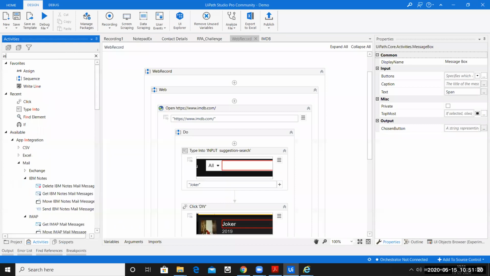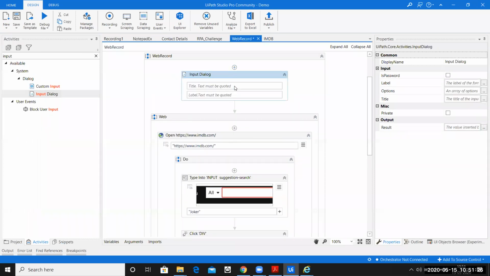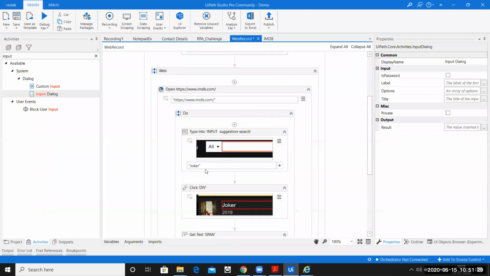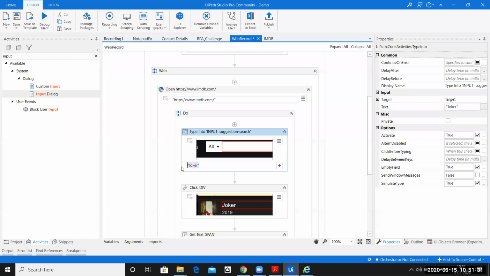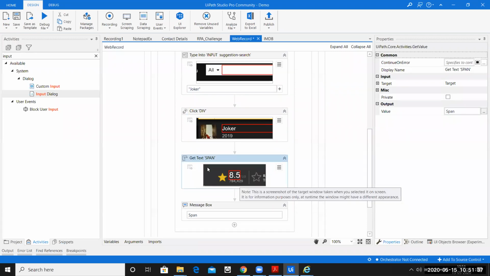So you can always include the input dialog box over here in the starting, and whatever the user has entered, instead of Joker, you can pass the variable there, and then make sure that you make modifications in the selector, because in the last example we made the workflow dynamic, as in whatever be the movie name, we will be able to search and click on the movie name, and whatever be the movie rating, we will be able to get the movie rating from the IMDb movie screen. Yeah, I hope this makes sense.